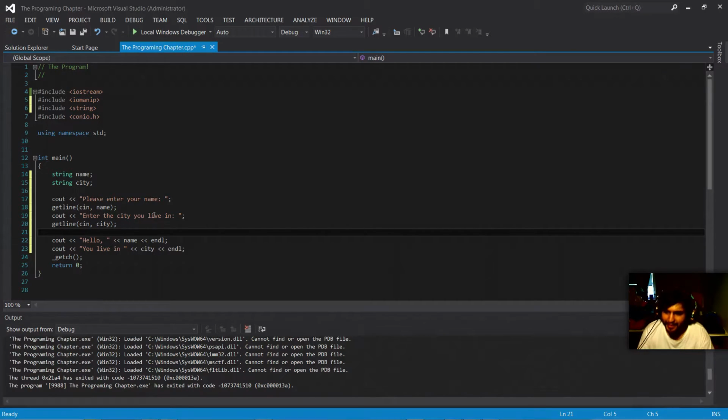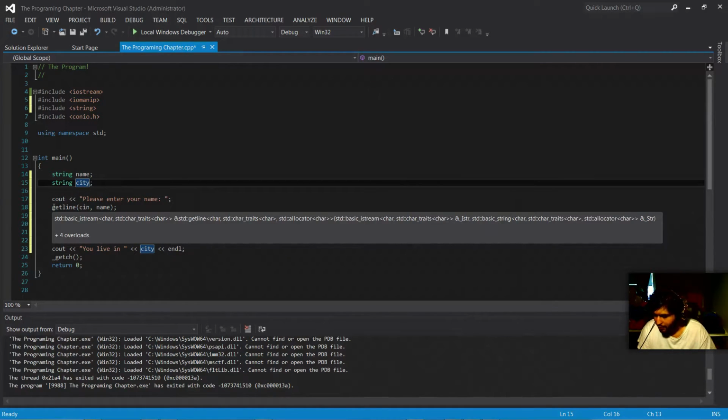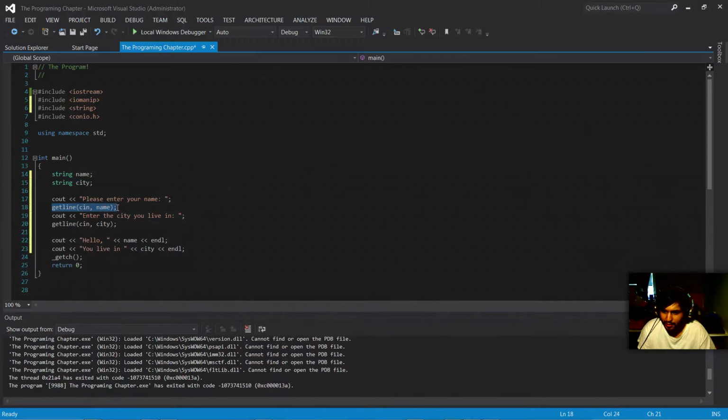It's funny. My professor used this example at the start of the class. He used the string library, he used the getline stuff, and this is in chapter 3. Why did he do that at the start? I don't understand. Anyways,